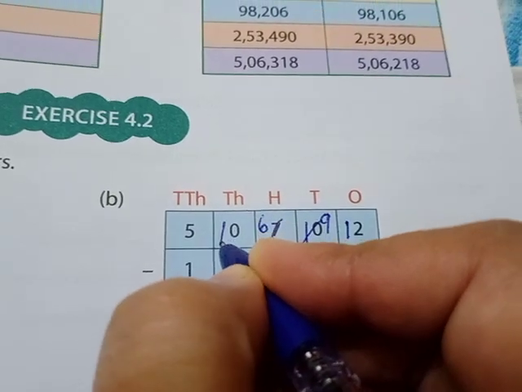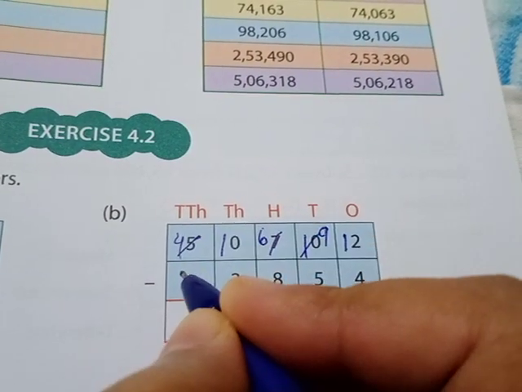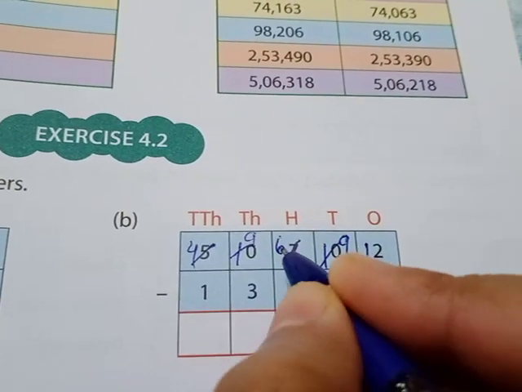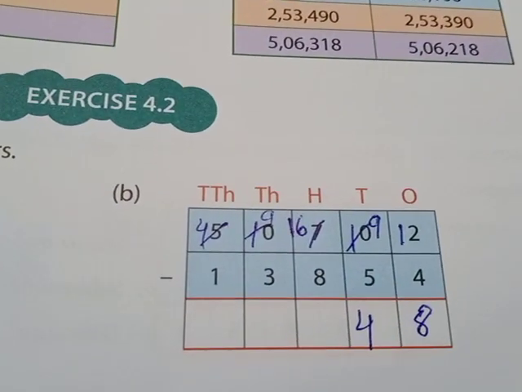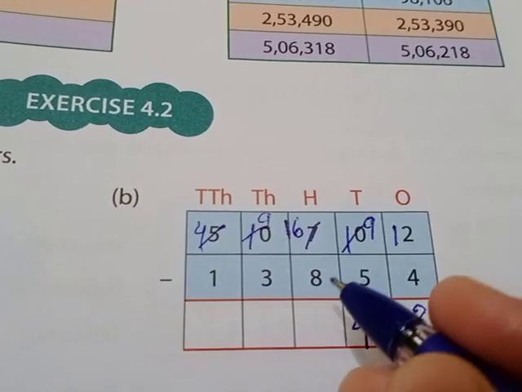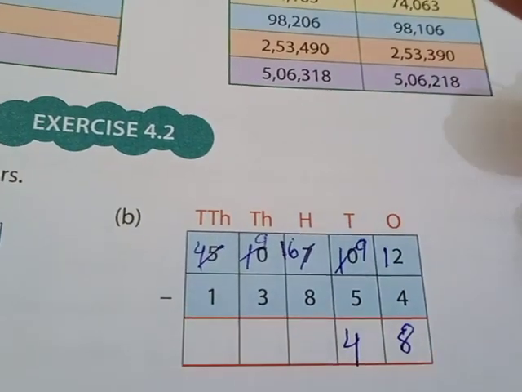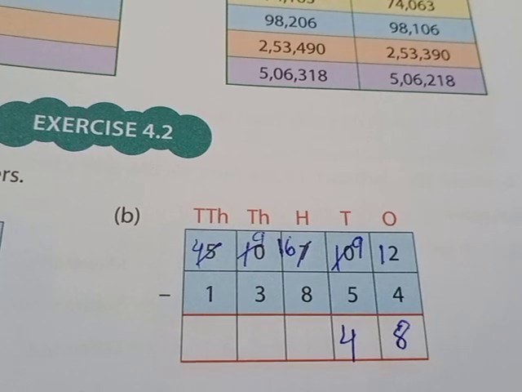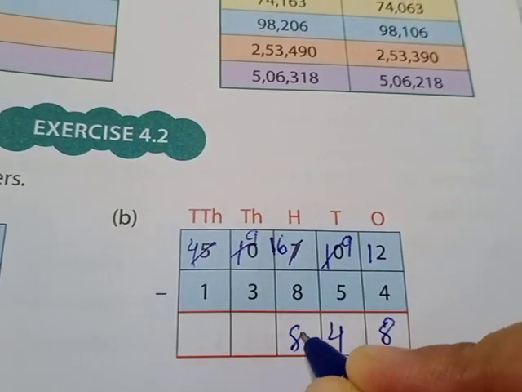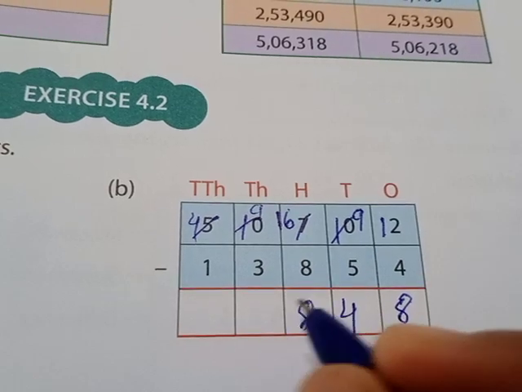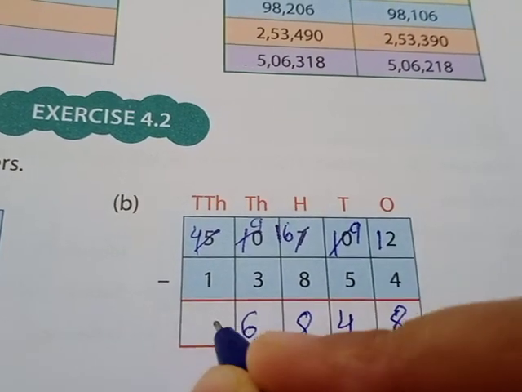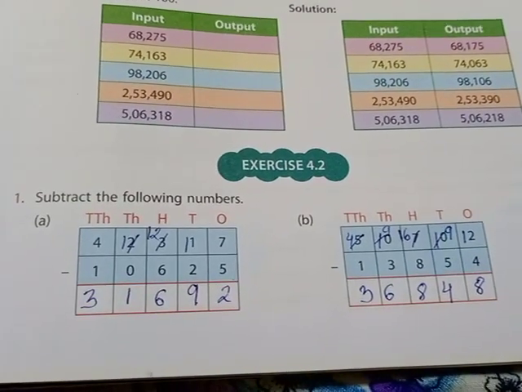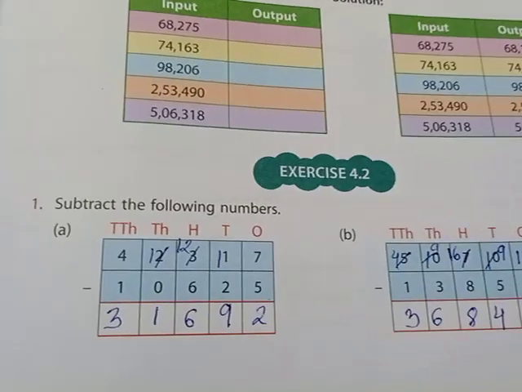So it will become here 10. Then 5 will become here 4. Now from this 10, 1 it will give to this one, 10 will become 9 and 6 will become 16. Are you getting this clear? Now 16 minus 8. From 8 you count till 16 like this. You see 9, 10, 11, 12, 13, 14, 15, 16. You will get 8 here. Clear, na? Then 9 minus 3, 6, 4 minus 1, 3. Like this we borrow and subtract. We'll come to the next page now.